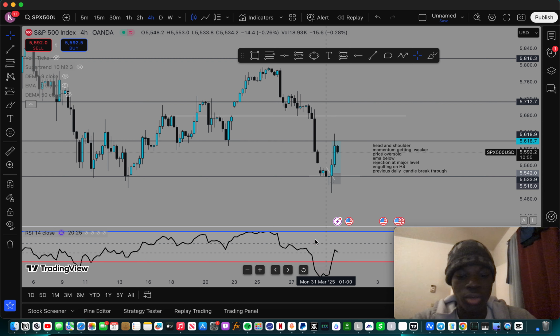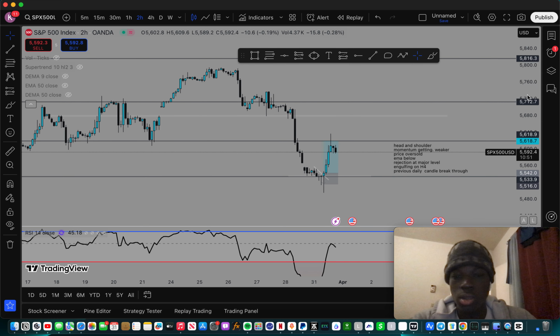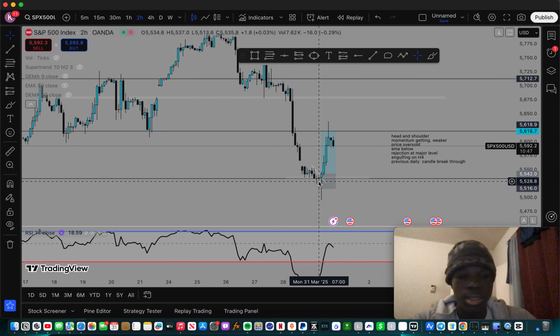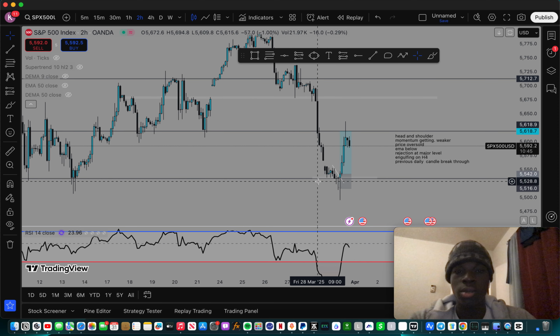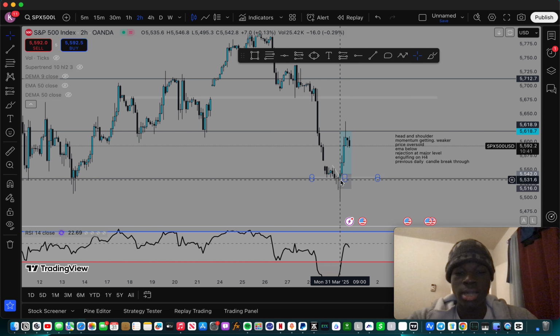We had to retrace. When we go on the 2H time frame, which is the 2 hour time frame, we can also see the rejection. I love the rejection. When I see rejection at my major levels, I actually love it. So after seeing that, I enter. After seeing that rejection over there,